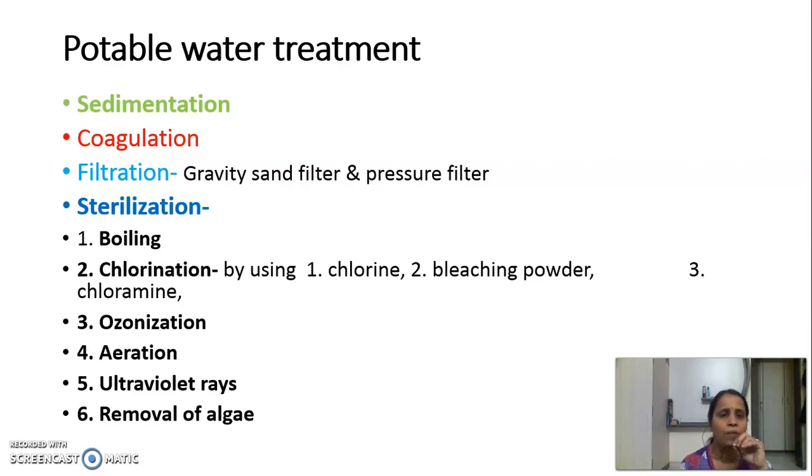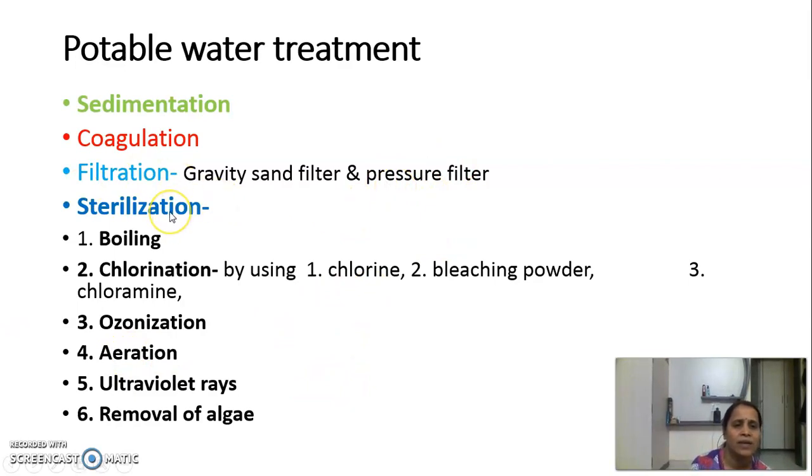Later on, filtration techniques are there, which are generally performed by municipality on a large scale. Municipality uses a gravity sand filter. In a gravity sand filter, there are layers of sand as per size, and water is filtered or percolated through various layers, and the finally obtained water is colorless and somewhat tasteful. The same sand filter can be used in a speedy manner, and the filter is called a pressure filter.